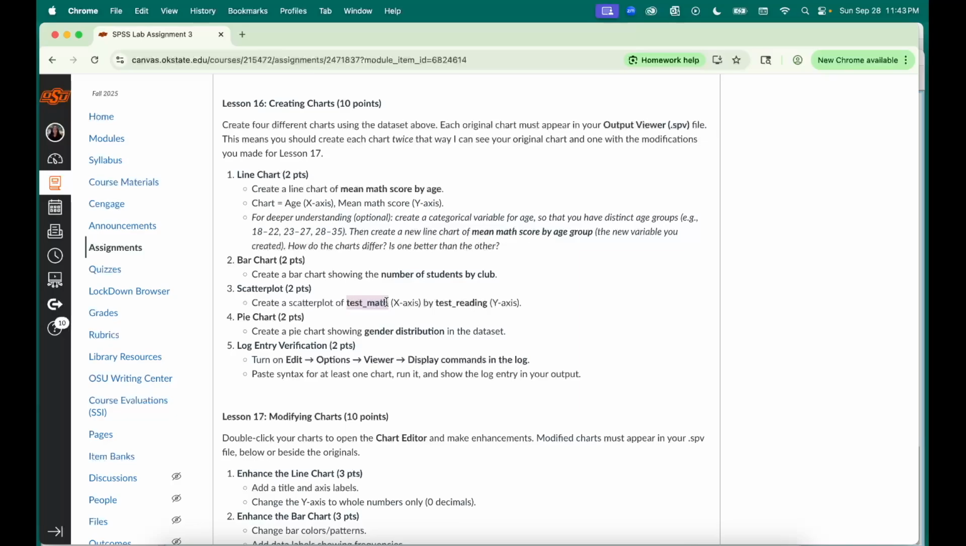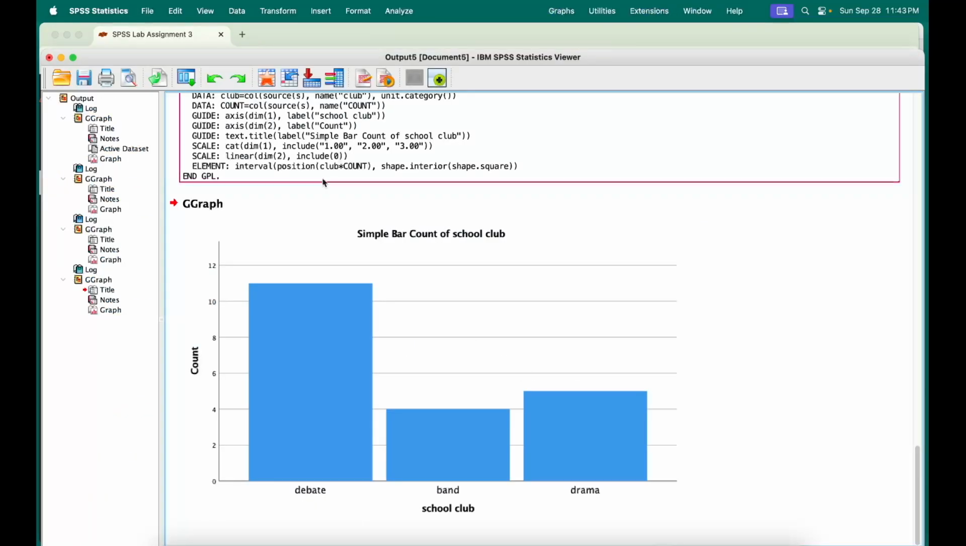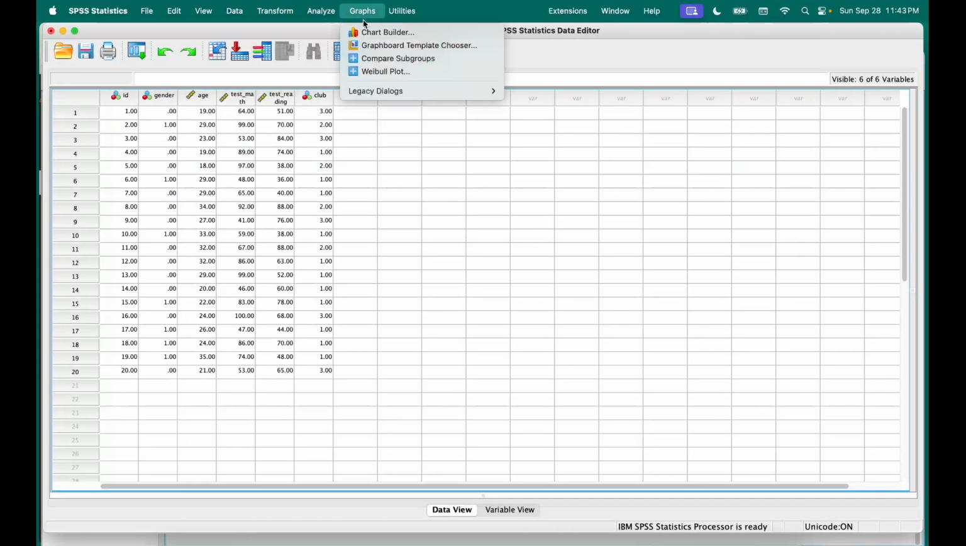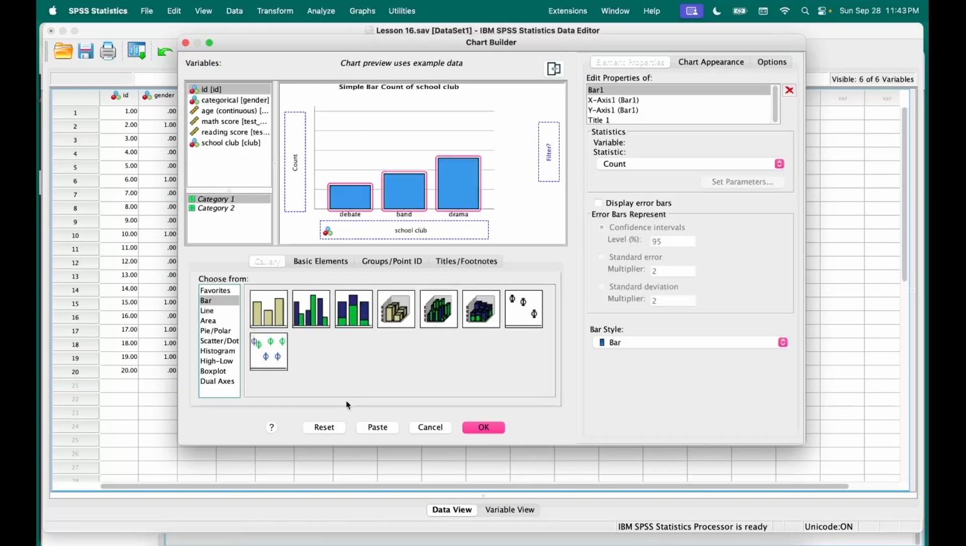So since I'm defining it in the assignment here and in the tutorial, you just want to be sure to follow that. But practicality-wise, there's no reason why they couldn't be flipped with reading on the x-axis and math on the y-axis. But for the purpose of this assignment, what we're doing is going to graphs, chart builder again, and